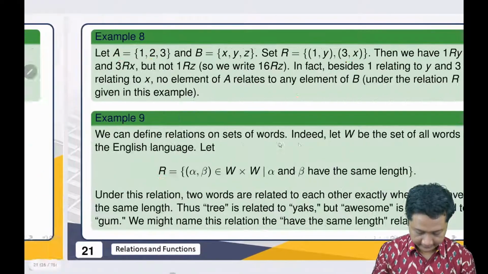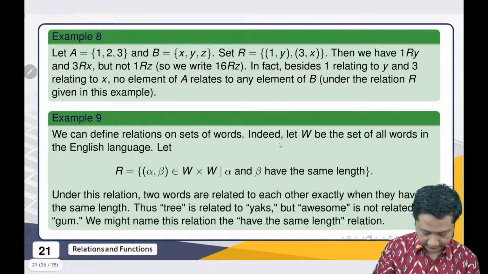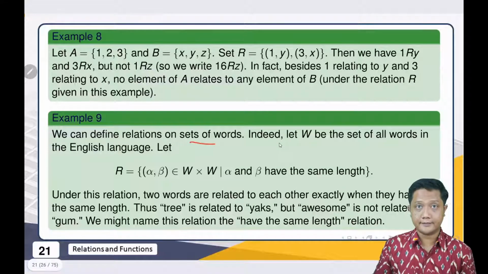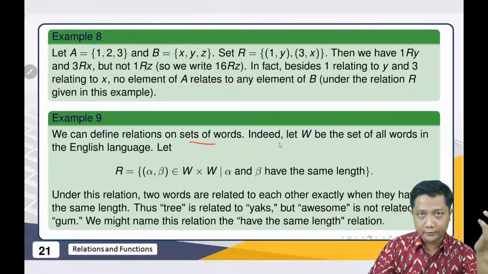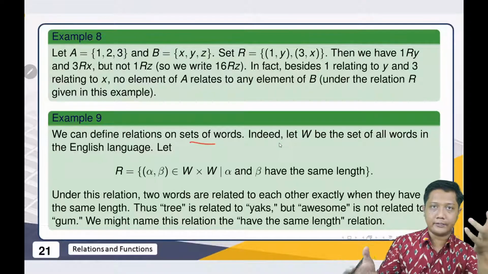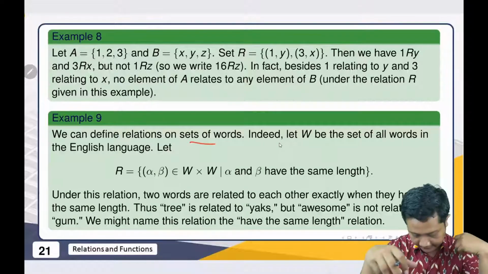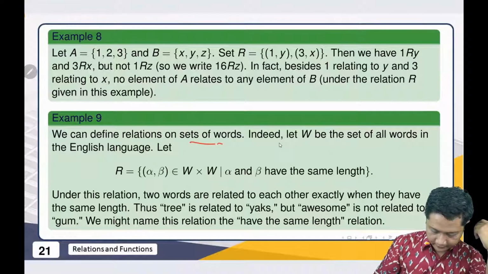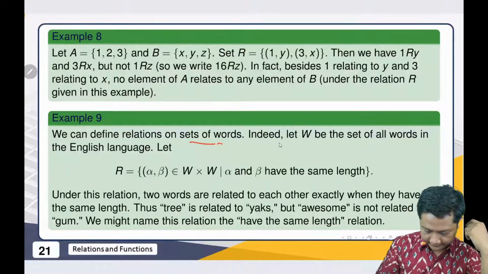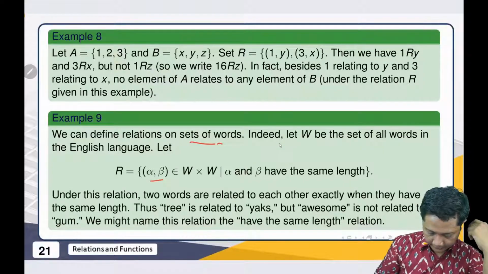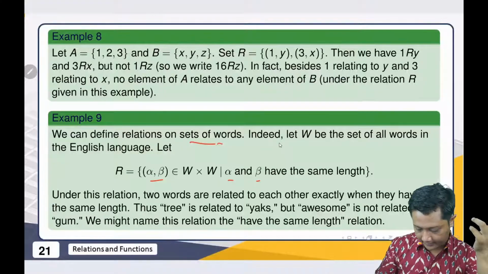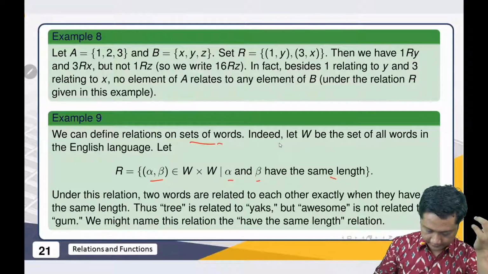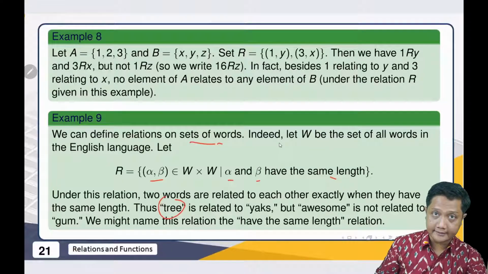So this is a relation from A to B. That's one example. Another example: we can also make a relation on a set of words. Basically we can make a relation from any set. Whatever set we have, we can make a relation to another set, depending on our requirements. For example, a relation on the set of words: alpha and beta are related when they have the same length. For example, TREE